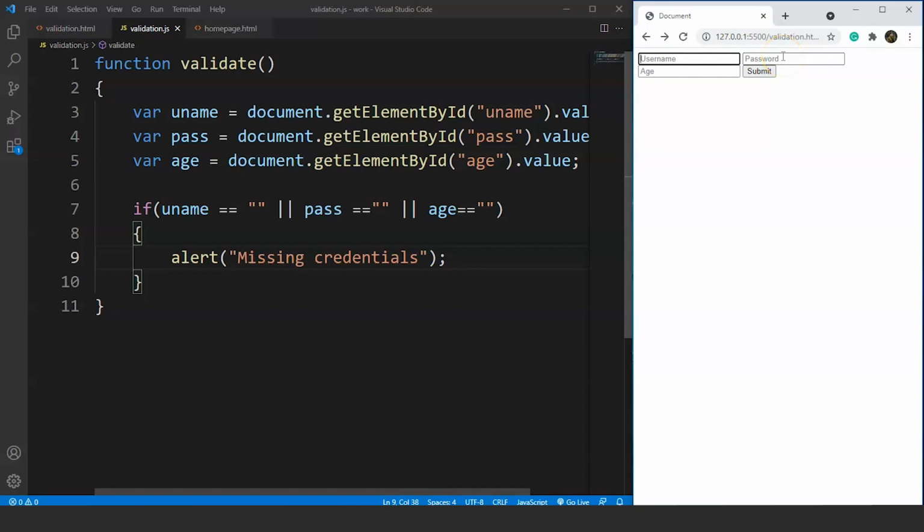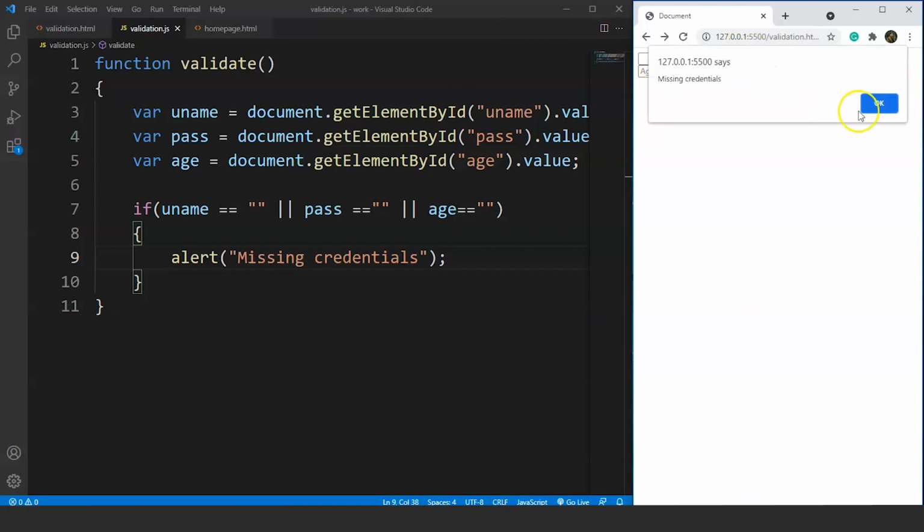Now there's a loophole in this condition. The exciting part is it will work fine if the user enters more than one space in all the fields. Like if we are giving here spaces for more than once, and similarly for password as well, submit it. And you can see it says missing credentials because we haven't filled the age. So let's do one thing. We'll write some spaces for username and password, and for age we'll say the age is 4. Submit it, and you can see we have no error over here.